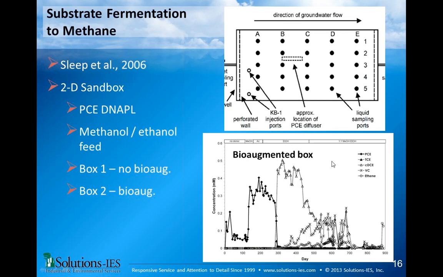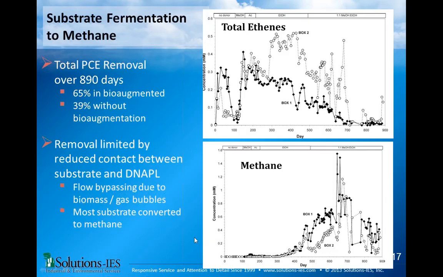at the end of almost 900 days of operation, they had removed 65% of the PCE in the bioaugmented box and 39% in the box without bioaugmentation. But, well, if they removed 65%, that means 35% is still there. Yet nothing is leaching out. What happened? Well, what they think probably happened is that,